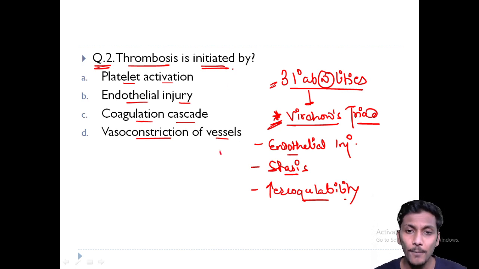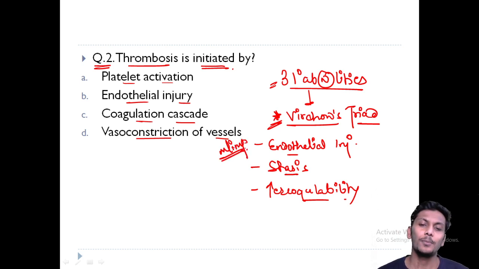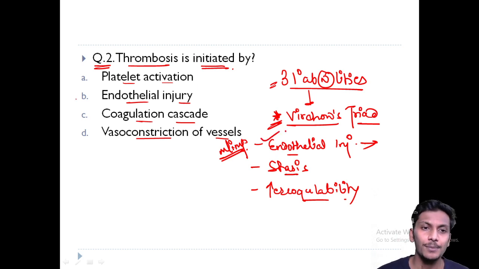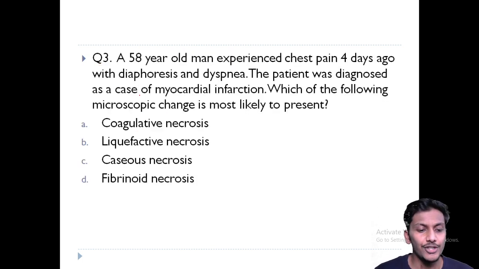These are the 3 features of your Virchow's triad which will lead to thrombus formation. The most important out of these 3 is your endothelial injury, because without endothelial injury, thrombus formation could not initiate. So please remember, the initiating factor or the most important factor for thrombus formation is your endothelial injury. So option B, endothelial injury, is your right answer, right? Please remember this. Then moving on to our question number 3,